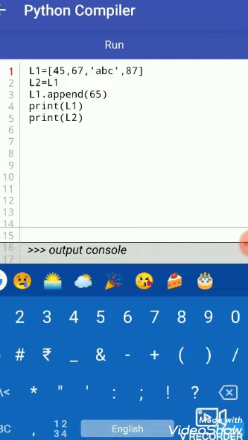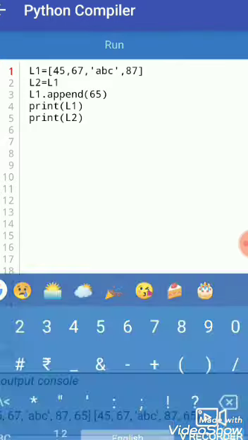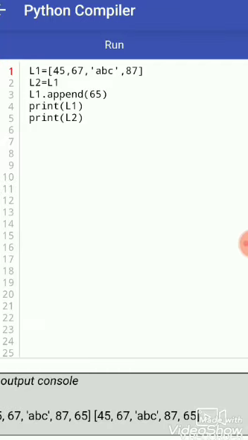Then we see the output of both lists. When we run this program, we see that both are the same: 45, 67, ABC, 87, 65.